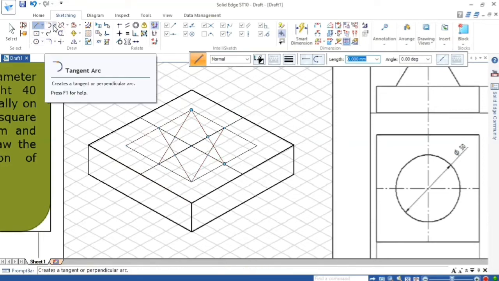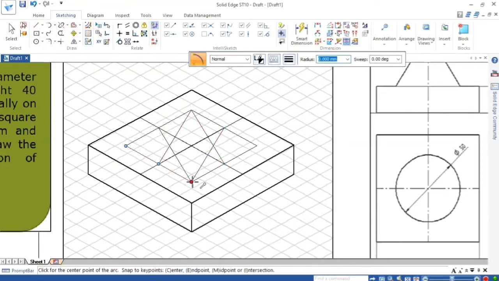Go to arc by center point. First take this corner as center, take this radius and draw an arc. Similarly, go to the opposite side, take either this radius or this radius, and draw an arc. Similarly, from the intersection point, don't take the corner as center; take this intersection point as the center, take this radius and draw an arc. Take this center, take this radius and draw an arc, using your normal compass to draw the arcs.